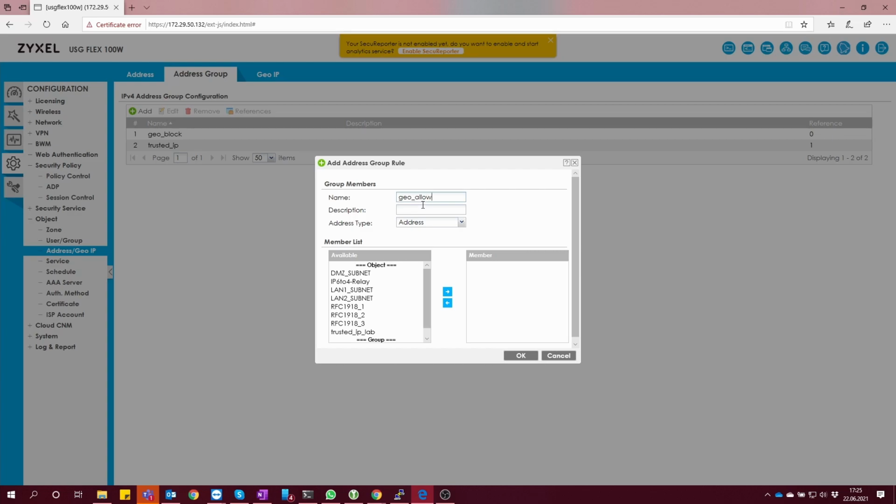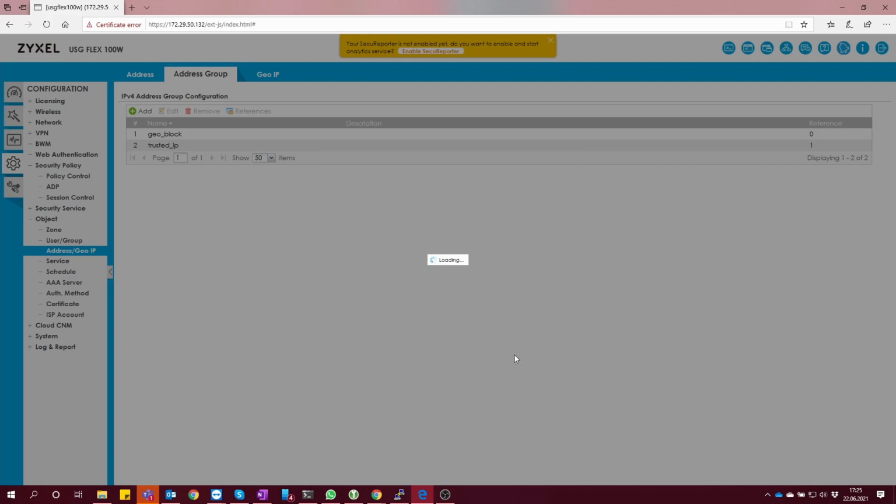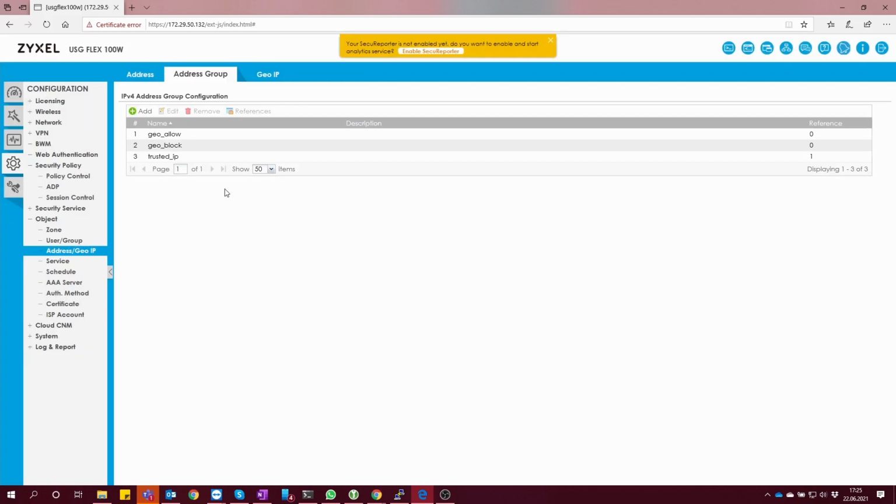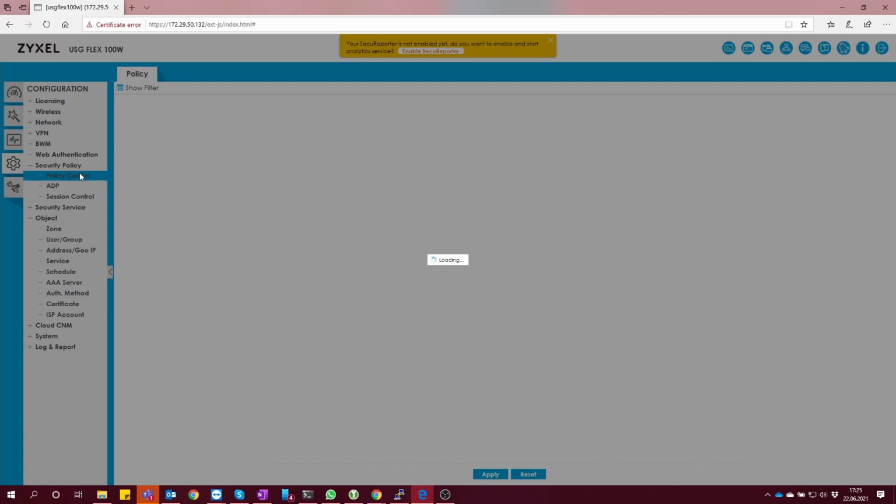And from here on, I choose geography and I choose my object geo_Germany and add it, which means that I will be also able to add other countries in that group